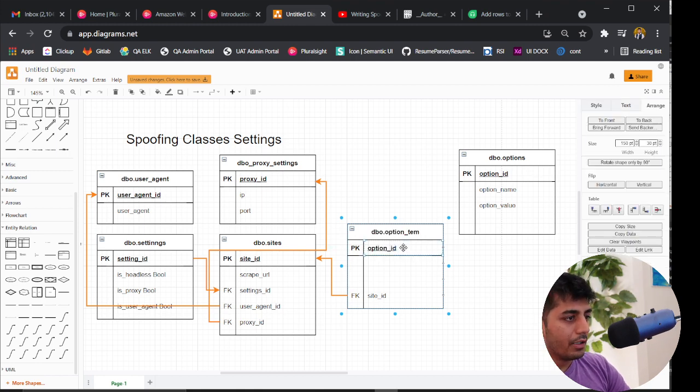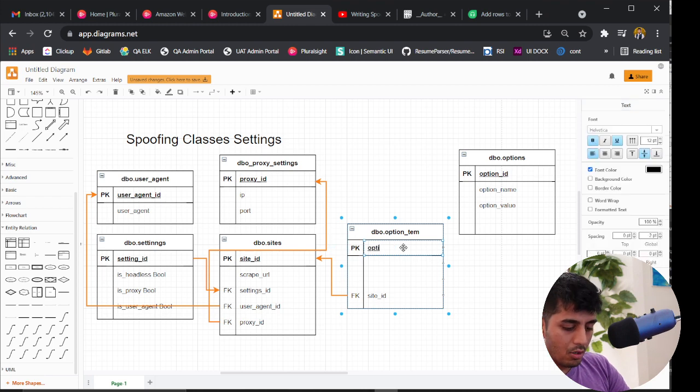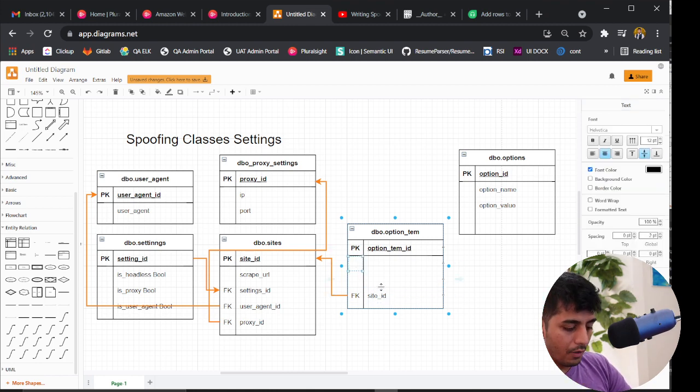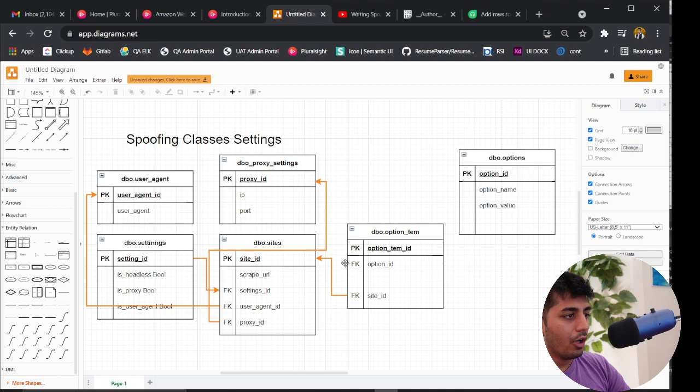So now let's define the primary key here. This is an auto increment. You will have a site ID, which is a foreign key, and then you would have again a foreign key, which would be option ID. So now you're not repeating options. So we just broke that part as well.